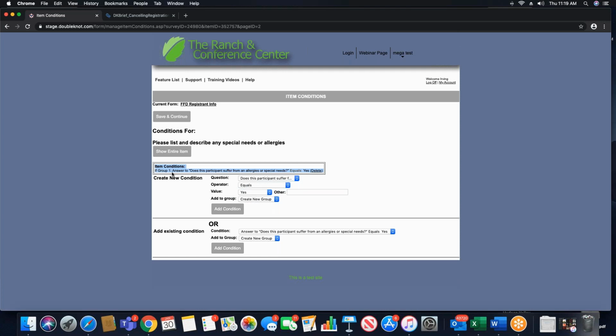And again, the condition is only show this question, please list and describe any allergies or special needs, only show that question if it equaled yes on the previous page to does this participant suffer from any allergies or special needs. So it's only going to show up this item if it meets the conditions listed here. So this is a pretty basic